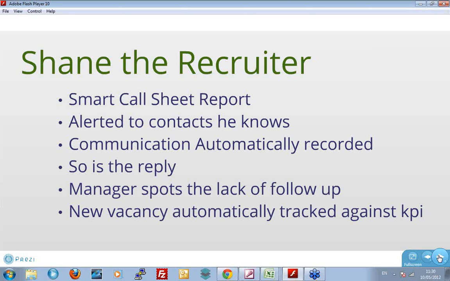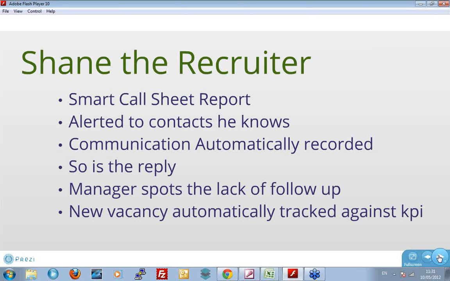In fact, maybe Shane doesn't even set a callback to ring back to follow up on these emails that he's sending out. Maybe some of the emails come in saying, yeah, we do have vacancies, we'd be really interested in you helping us with them. But unless he acts on it, how do you prevent that turning into a problem? Easy. You have a manager. A manager has an exception report. The exception report looks and says, okay, here's the people that we've contacted.